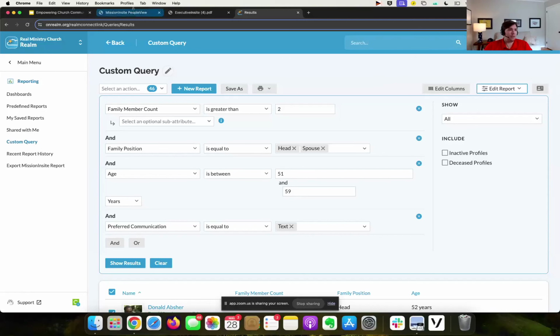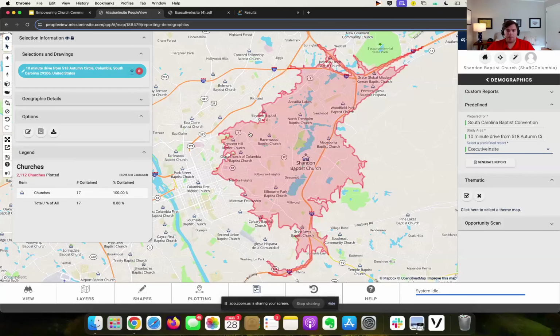So if I hop back into Mission Insight for a second, I can use this public information to find people in my community who fit the criteria that I'm looking for. So, for an example of this, maybe I am looking for single parents. And we know they're in our community, but we don't know where they live. We don't have an address. We don't have names. How do we personalize a message to them?